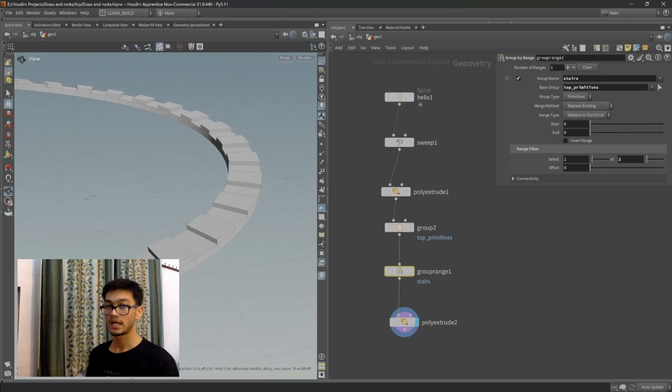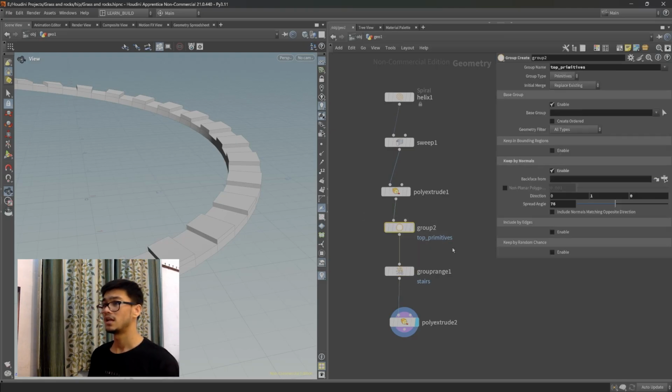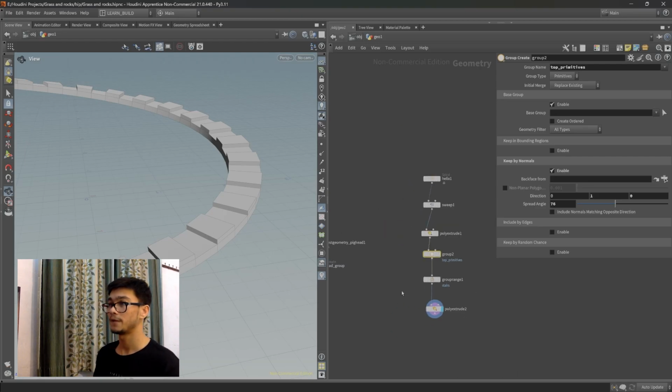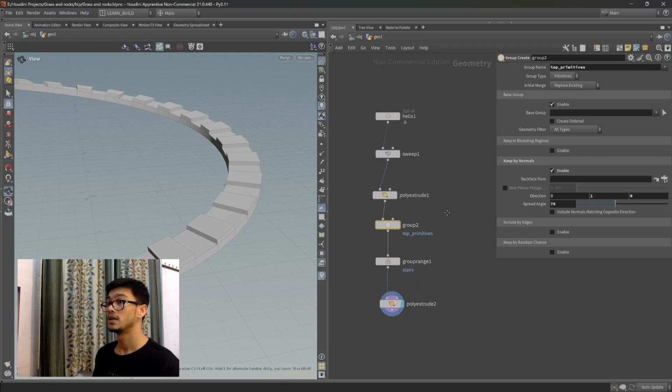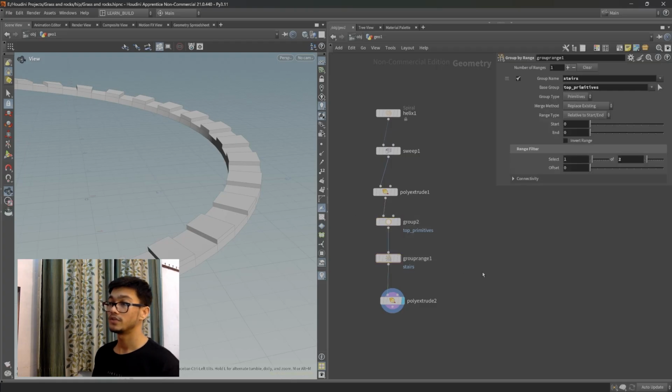How would you select each parameter without this node? We can select it by picking it manually, every parameter, but it would take a long time, and Houdini is not for that. No, no, no. You are working here procedurally, and that's why we have to understand these nodes. It's really important,